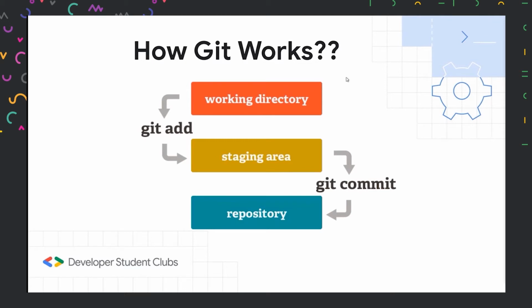It will take all the files and store it in the staging area. And then here, if you wish to, you can also keep working on it and stage the files again. Let's say you had some other changes to make and you don't want to actually make a commit of it. And by commit, I mean a history or a version.